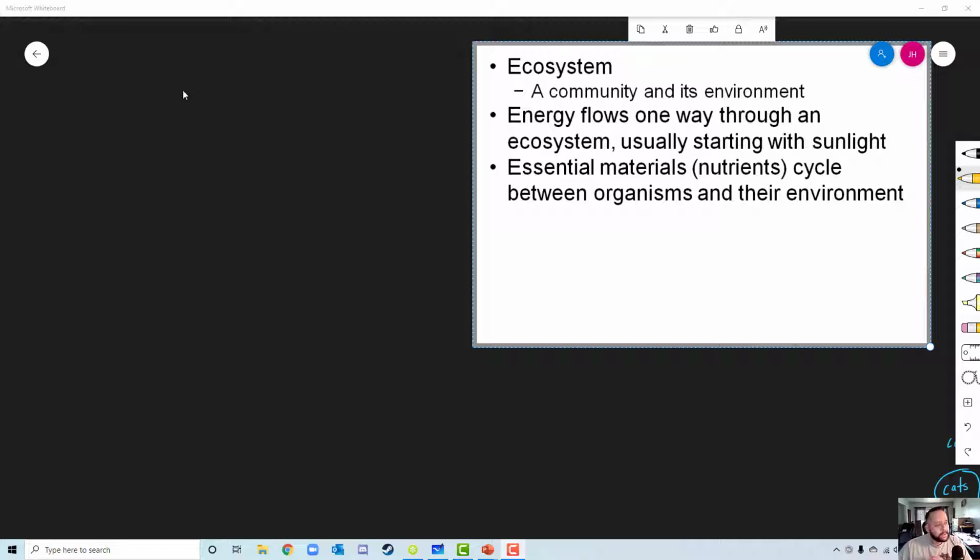So in photosynthesis, you learned that light energy from the sun is converted into chemical energy, and that chemical energy ends up in glucose stored in plants, and then consumers will consume that glucose, and that energy is released in their systems. So we're going to talk about that energy. We learned how it was made, how it flows one way in an ecosystem.